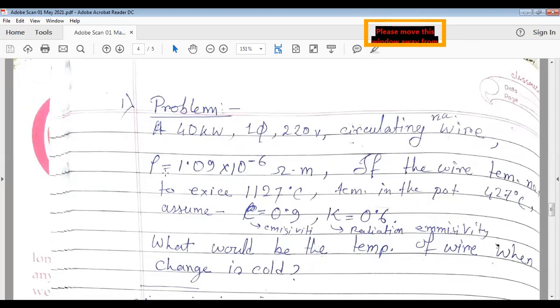Now we know rho is 1.09 into 10 to the power minus 6 ohm meter. If the wire temperature is not to exceed 1127 degrees centigrade,